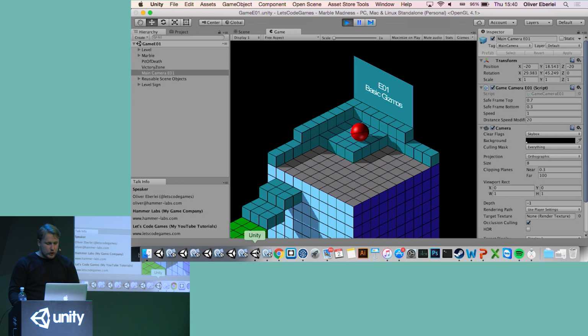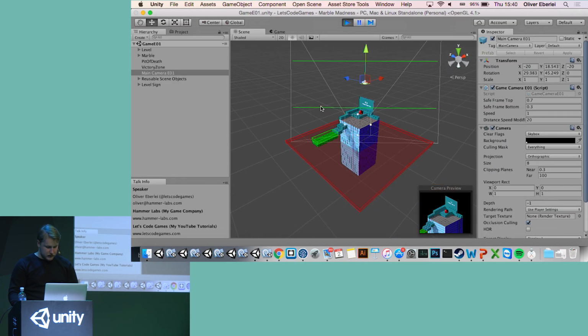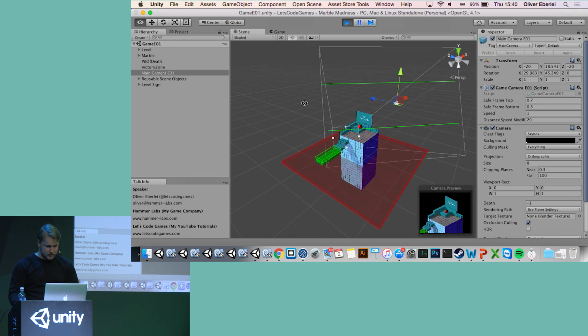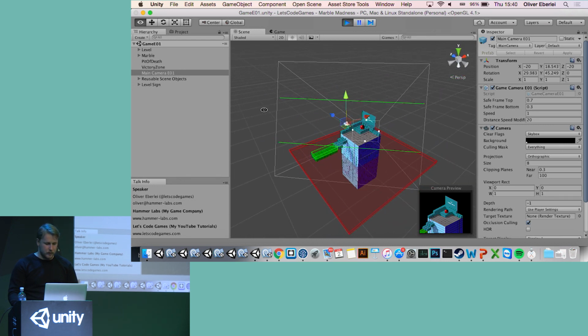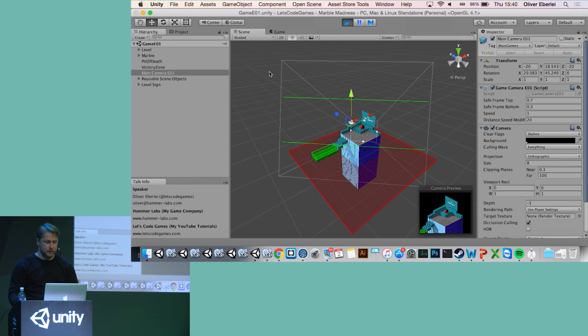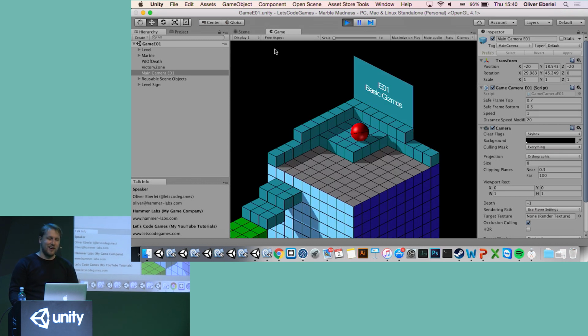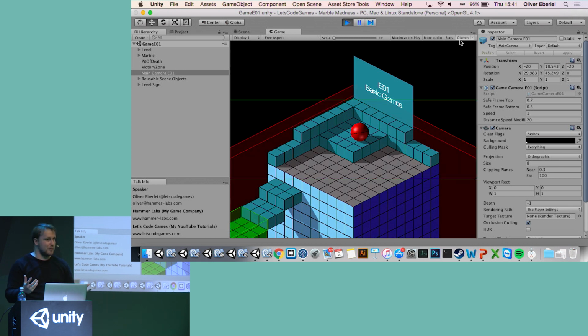And so I draw those gizmos, but the problem is if I draw them in the scene view here, you can kind of see the safe frame here, but it's not very useful. You really want to see what the camera is seeing. And this is something that I embarrassingly learned very, very late into my career: there's this gizmo button in the game view, and you can select that, and then all the gizmos are being drawn in the game view as well. Of course, only in the editor, but it's very useful to see while you're playing the game, maybe to see your debug data as the main camera sees this.